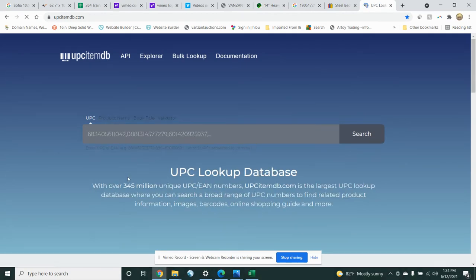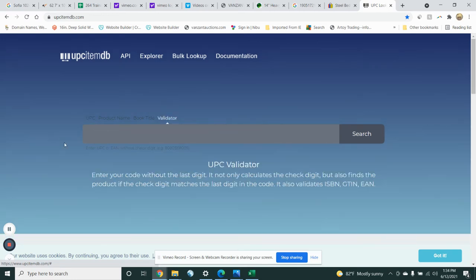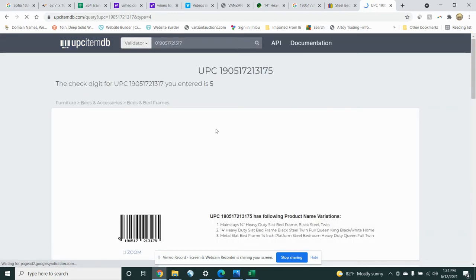Okay, the reason that it doesn't recognize it, unfortunately, is because those yellow tags from Walmart often drop the last digit, which is very annoying. But my girls will know how to go and put that same code into the validator. And usually if I do that, it will tell you that the code that I'm looking for is 5. Okay, so if the code that I'm looking for is 5,